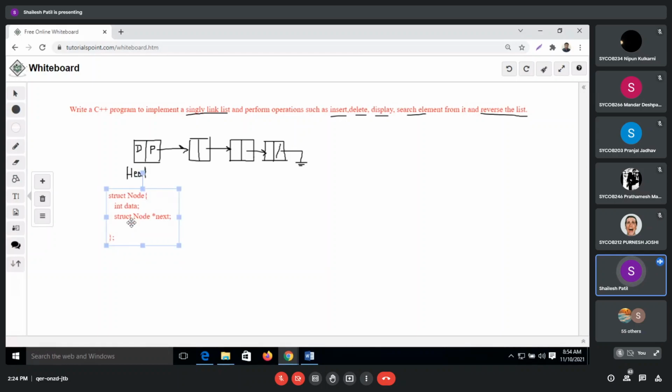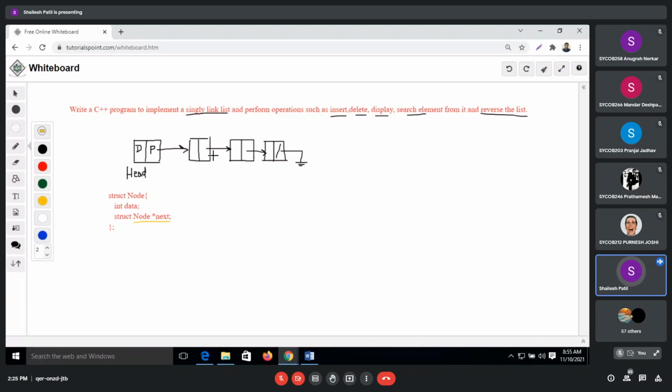This is the structure of the node. Is this much clear? The node will contain 2 parts: one part is a data part and one part is a pointer, and that pointer is pointing to the next element. As the next element is of type node, our pointer should be of type node. The pointer should be of the same type as the data we are pointing to. Suppose the data is of float type, then the pointer should be a float pointer. If the data is a string or character, the pointer should be of the same type. You cannot point to float data with an integer pointer; it is possible, but it will give us an error. I think this much is clear to you. Yes, sir.